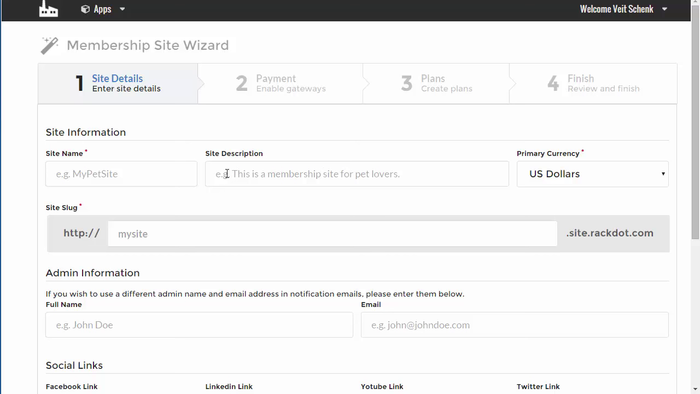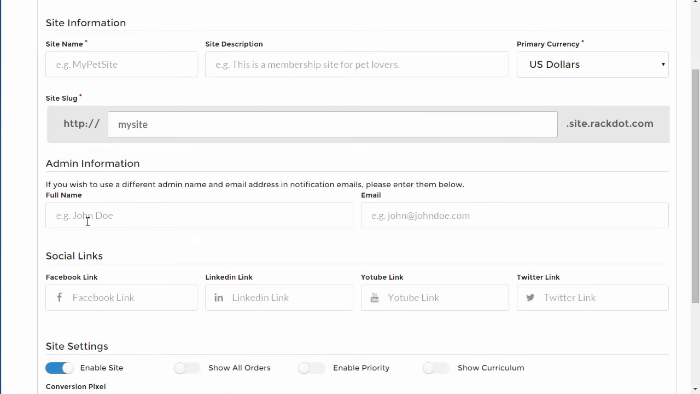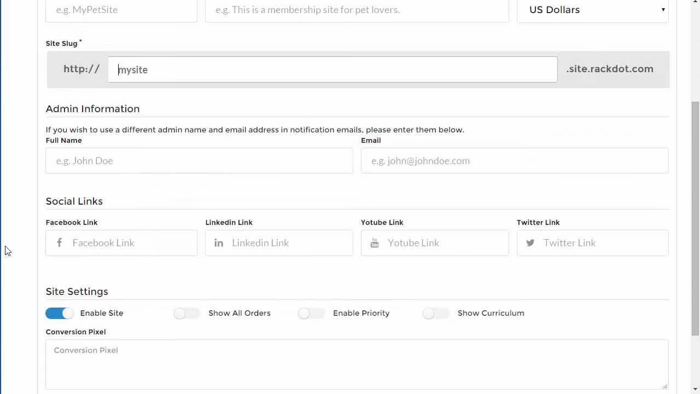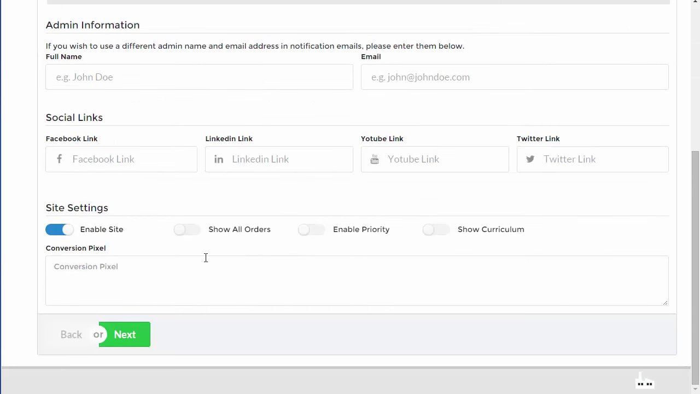You give it a name. You give it a description. You give it a URL, which you can map to your own domain if you like. But I've just gone for this here, the site.ractor.com. Here's the admin configuration. Here's the social media stuff if you want it. Conversion pixel. Finally, someone who gets marketing, right? They say, if and when someone signs up, I want to show that as a conversion,